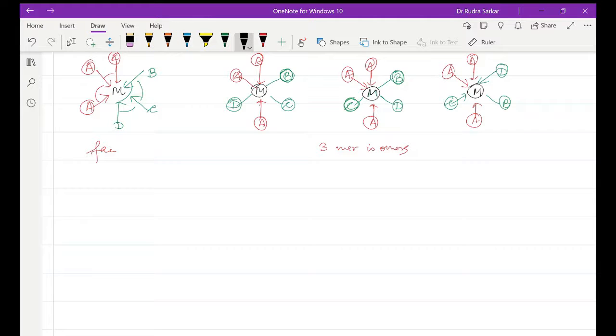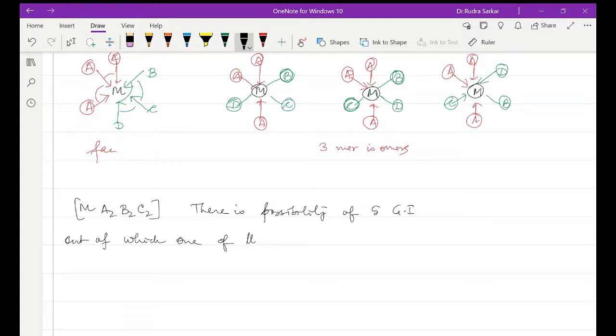However, if we have been given Ma2B2C2, one should remember that there is, or one can check, there is a possibility of 5 geometrical isomers out here, out of which one of the GIs has no plane of symmetry,